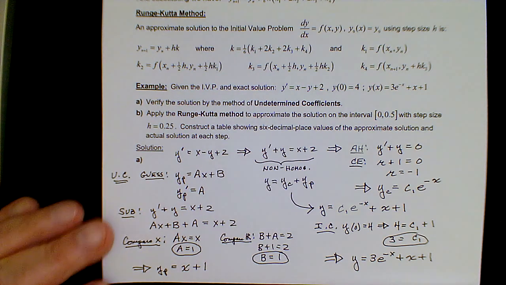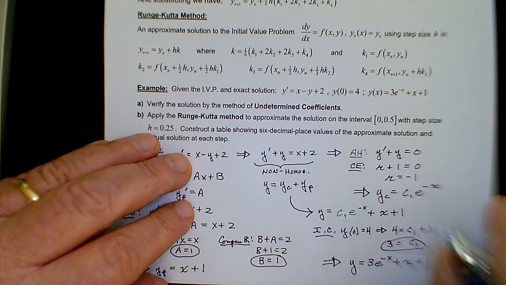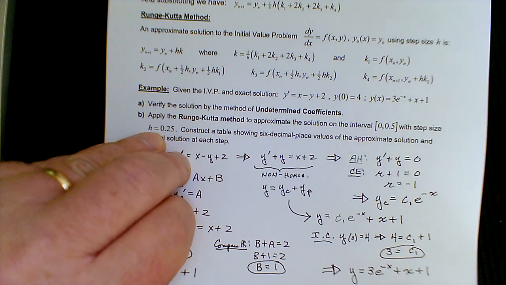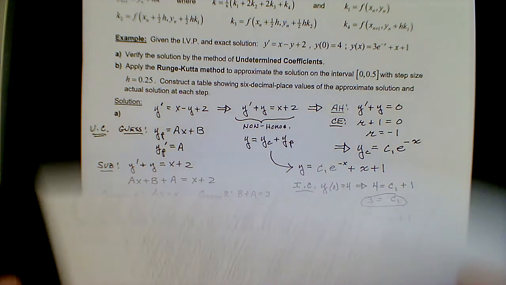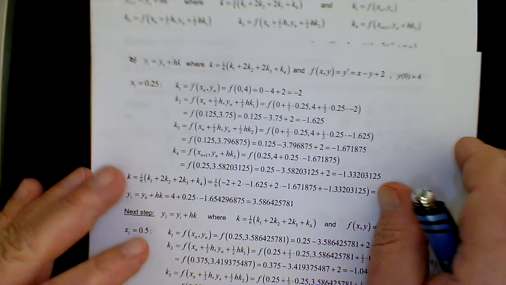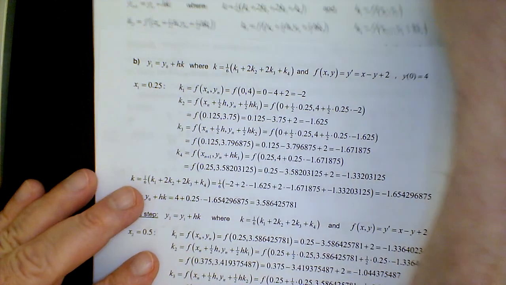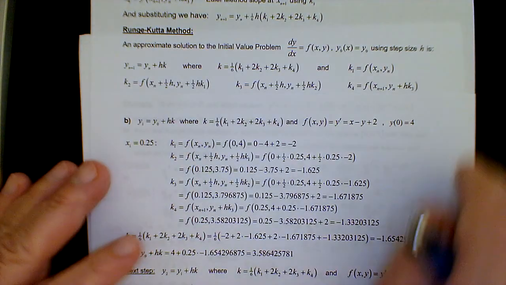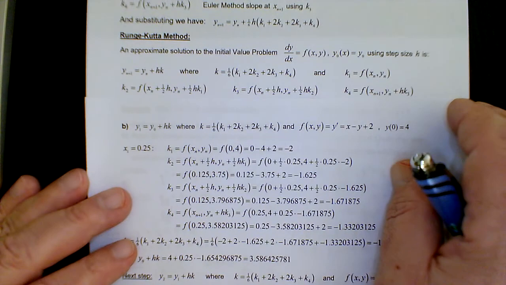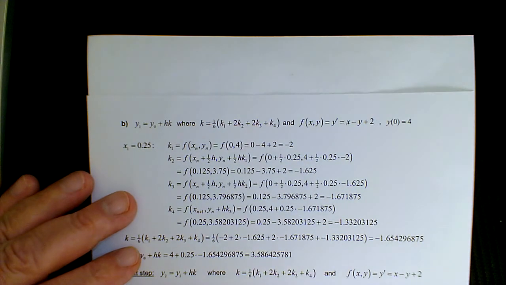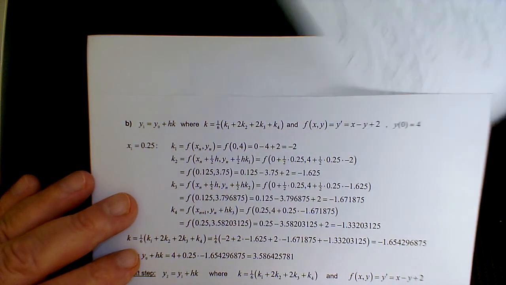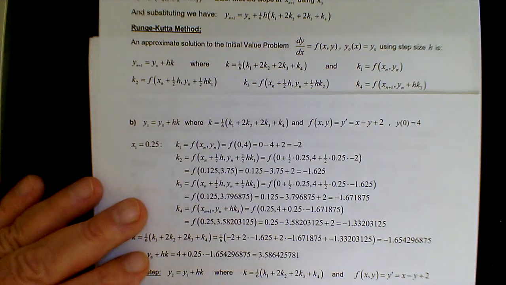Okay, so now the method. So Runge-Kutta. What I did, and this is in the notes, was make it a little bit less cumbersome to go through this by just writing the numbers out, and I typed them into a document. So we'll just follow along. Here's the page with the solution, but I'm sliding in the previous notes so that we could focus on